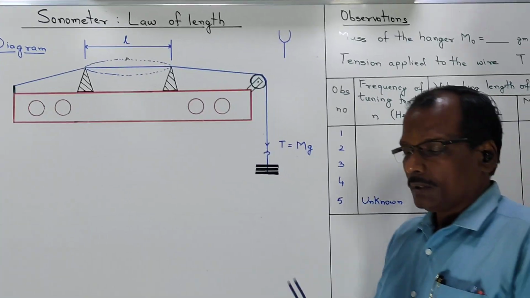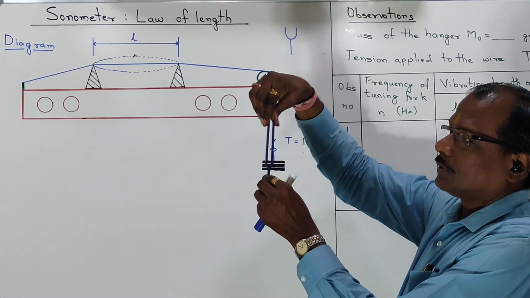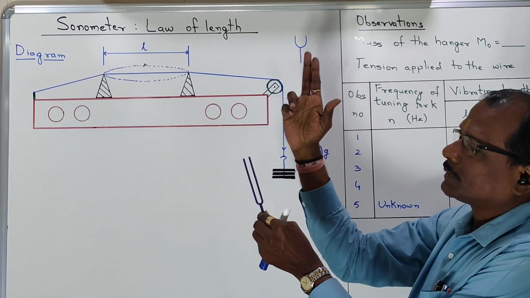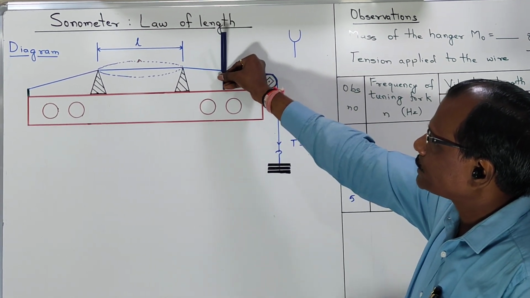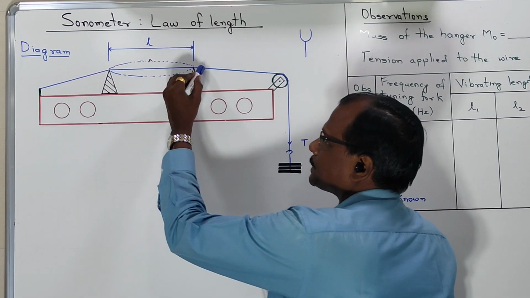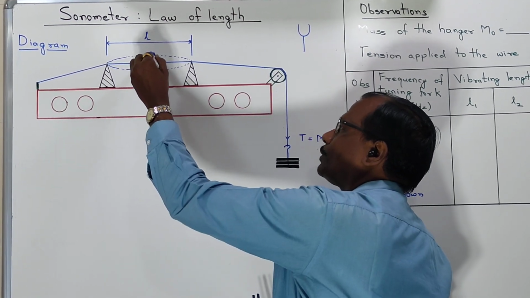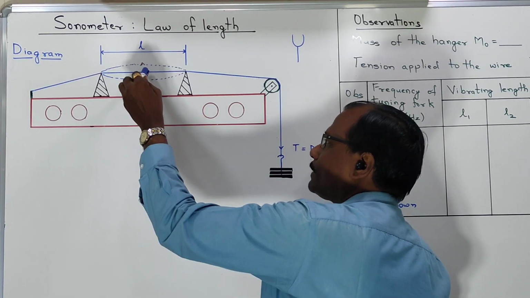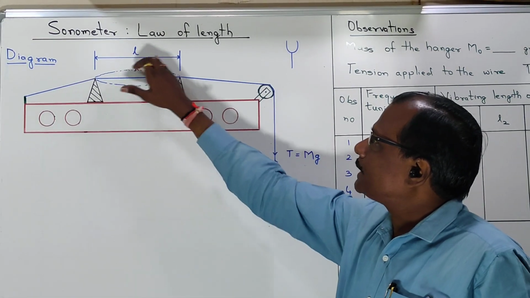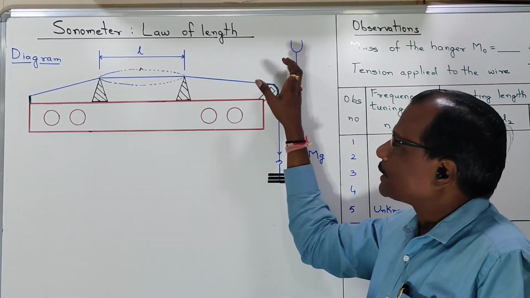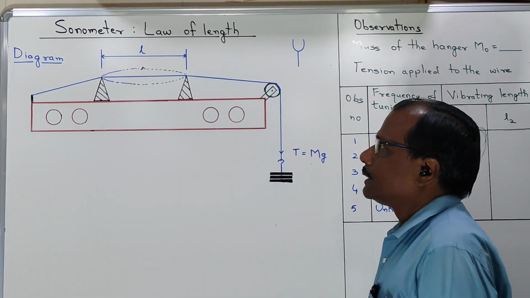Now why is it? This is the tuning fork whose prongs vibrate this way, and we place this tuning fork on the surface of the sonometer, because of which the string between the knife edges vibrates and there is formation of an antinode. Because of the antinode, the paper rider kept on the string falls down, and accordingly we measure this vibrating length for this particular mass and for that particular frequency of the tuning fork. Now what is the relation between this frequency and this length?